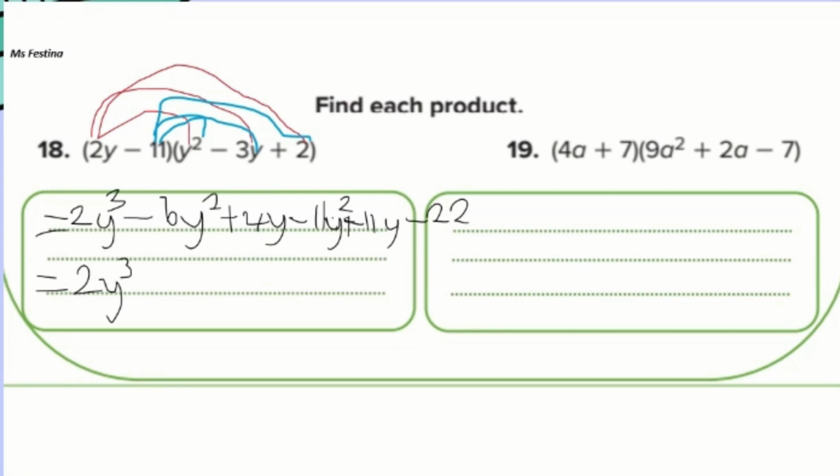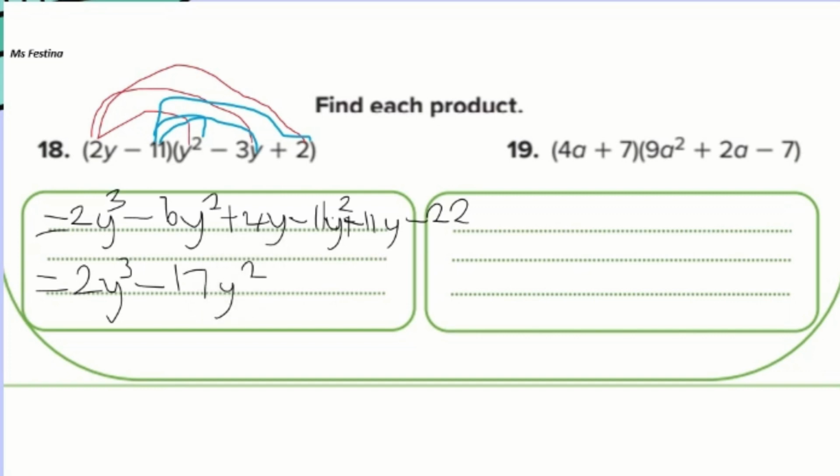And then we have negative 6y squared and negative 11y squared. So those we can add and keep their sign, which is minus, and 6 plus 11 gives you negative